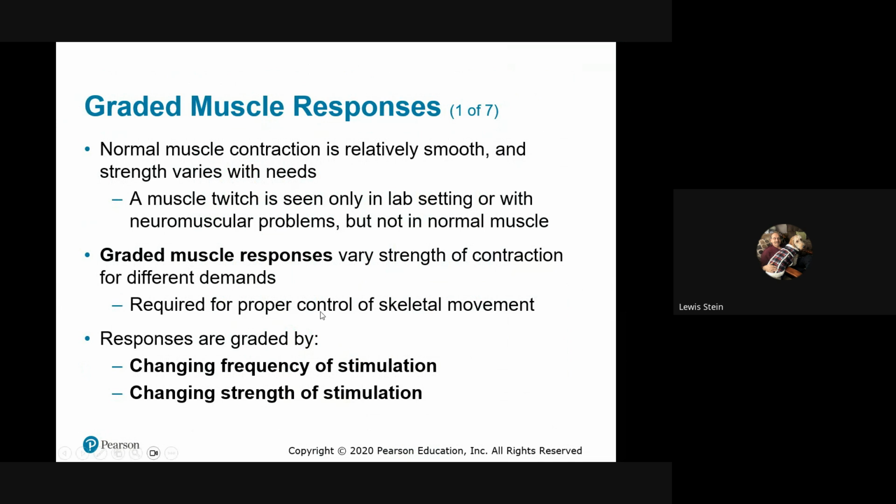So again, that's something that they will talk about depending on your courses, if you're going into physical aspects of medicine, physical therapy, occupational therapy. For me, this is contextual material. I'm not going to ask you about it.